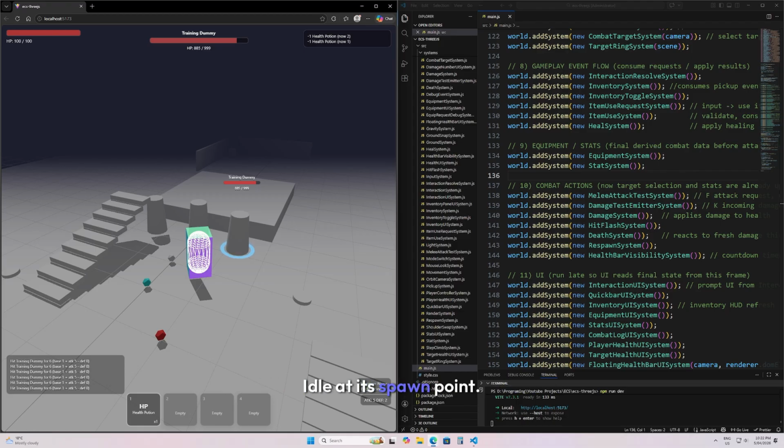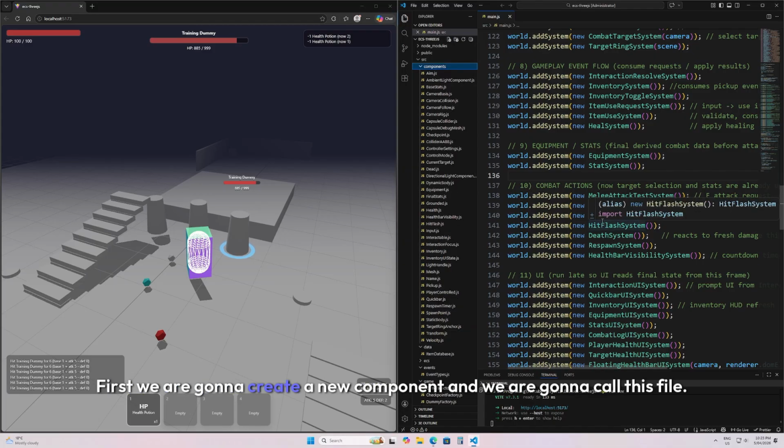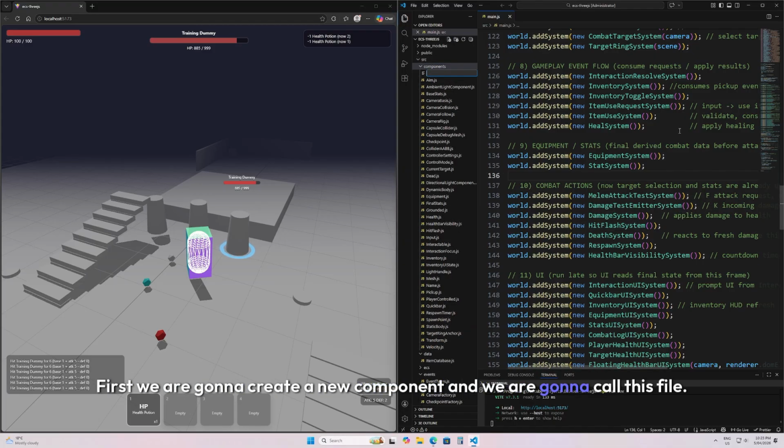Idle at its spawn point, detect the player inside an aggro range, chase the player, stop in attack range, attack on cooldown using the same damage pipeline we already built. That gives us the first real enemy combat loop while still keeping the architecture ECS friendly and easy to extend later. First, we are going to create a new component and we are going to call this file